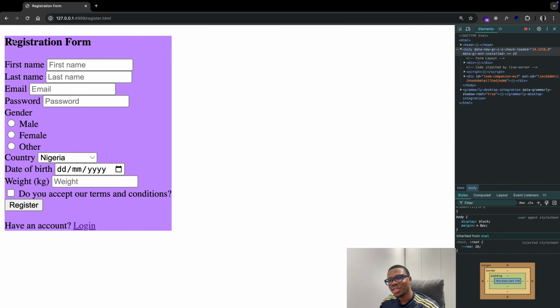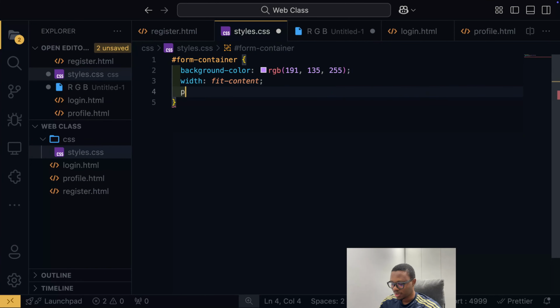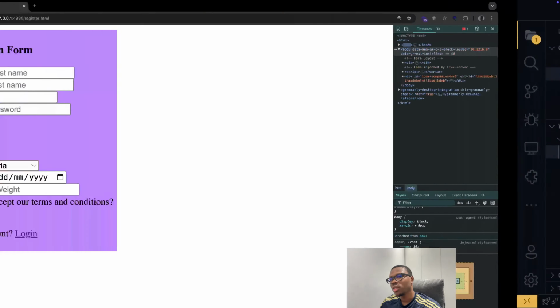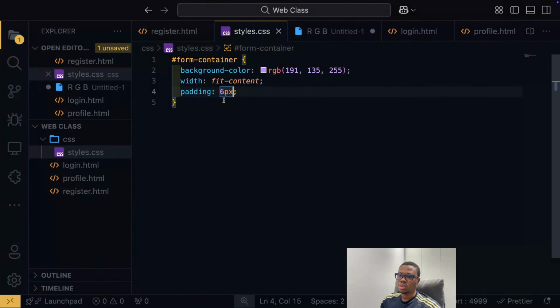But the content is kind of at the edge, so we want to give it a padding so it looks nicer, right? So we're going to give it a padding of, let's say, 6 pixels. Hopefully that will look nice. 6 pixels. There's too much space at the top. I think we want more padding on the left, and we'll reduce the padding at the top. So how we are going to do that is with the padding property,